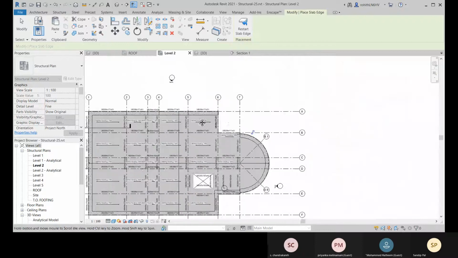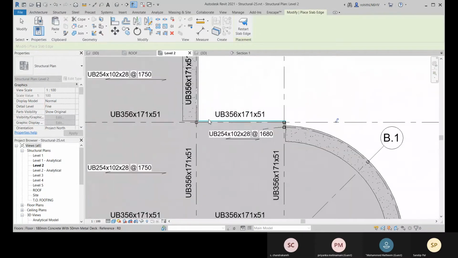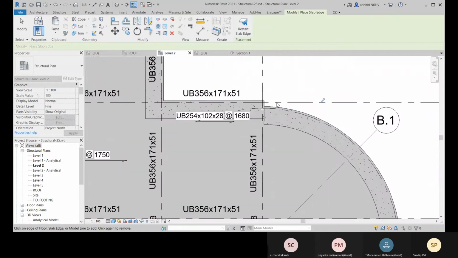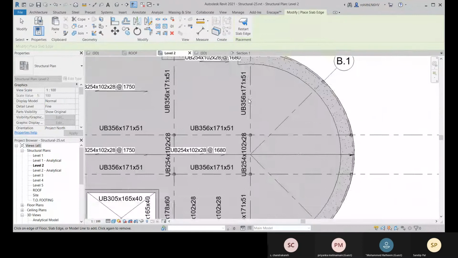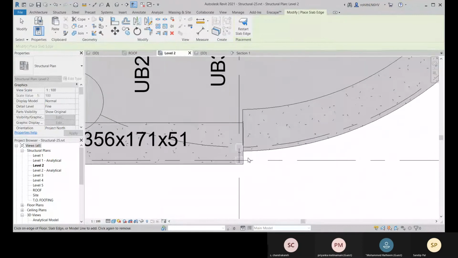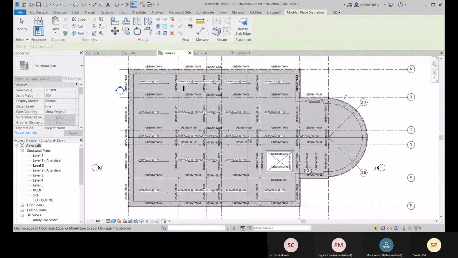All right. Did I miss it? All right. So we have placed our slab edge, and now